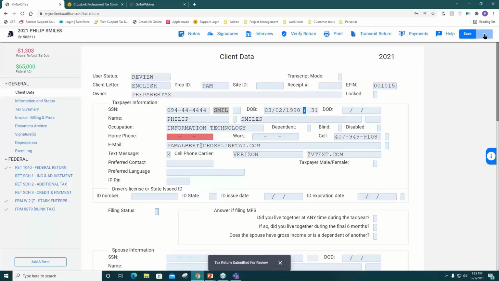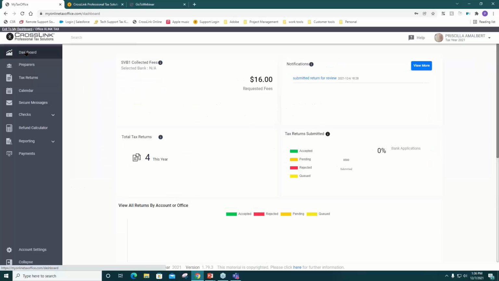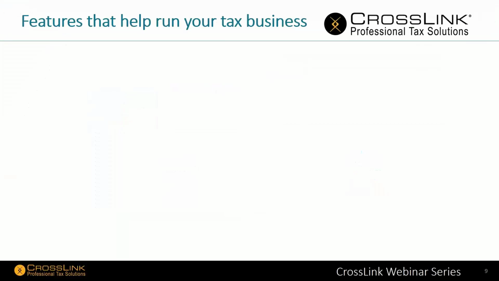And then the preparer can go back in and they can review that return for you. And as you see now, that gold ribbon disappeared. I no longer have a return to review. So again, letting you know where you need to pay attention to your business. And the features that will help you run your tax business here that we are going to start going over